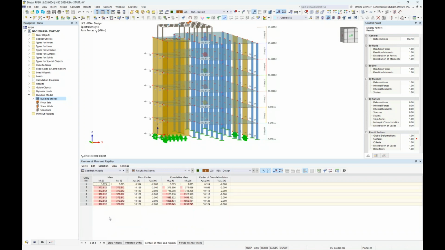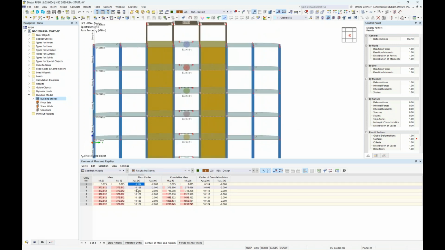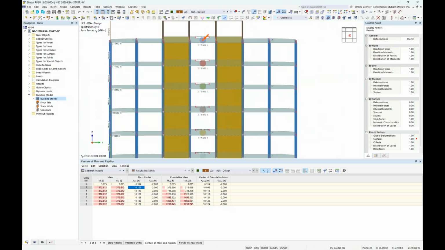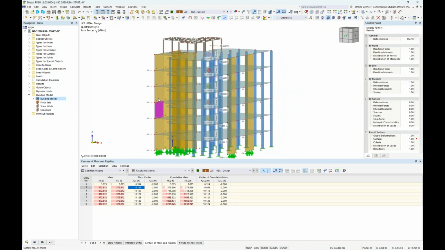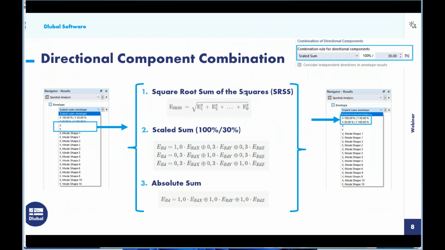The centers of mass and centers of rigidity are displayed here within table output under this third tab, so we can see centers of mass are actually also displayed here with these particular round circles, or this mass ball at each particular level. Centers of rigidity would be available if we had rigid diaphragms defined, which we don't for this example. And the final tab is the forces and shear walls. So we can actually sum up all of the internal forces for these vertical shear walls at each story level as well. So going back to the base shear,